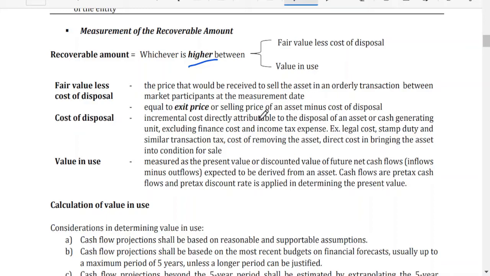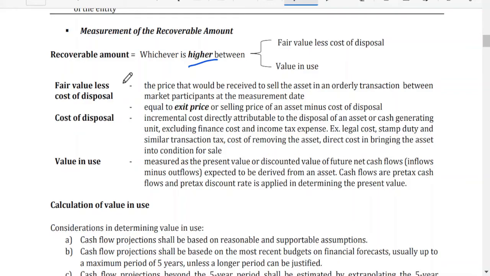It is also the exit price or selling price deducted by the cost of disposal. The cost of disposal could be legal costs, stamp duties, similar transaction tax, cost of removing the asset, direct cost in bringing the asset into condition for sale. But this cost of disposal does not include any finance cost or income tax expense. So all of these costs of disposal would be deducted from the fair value to arrive at the fair value